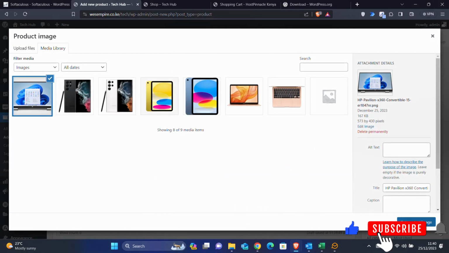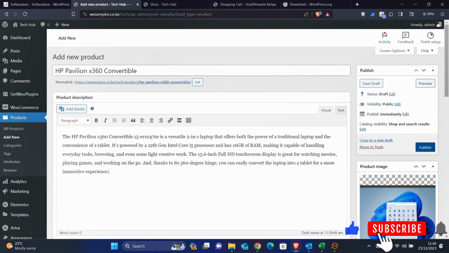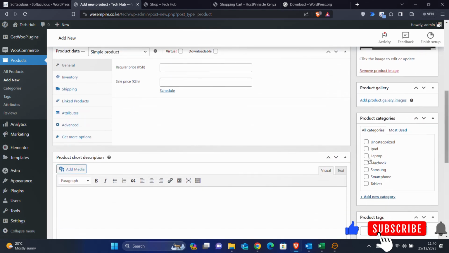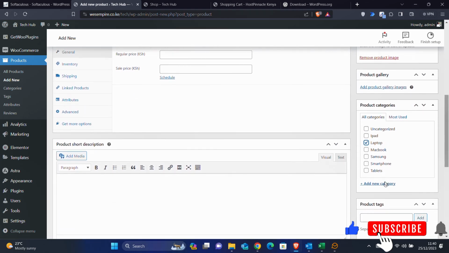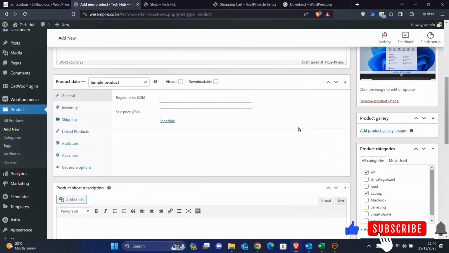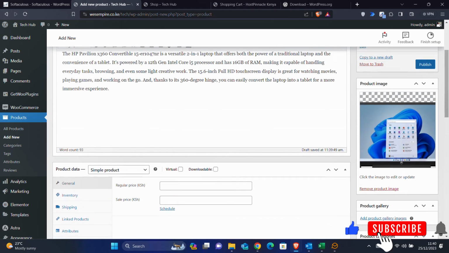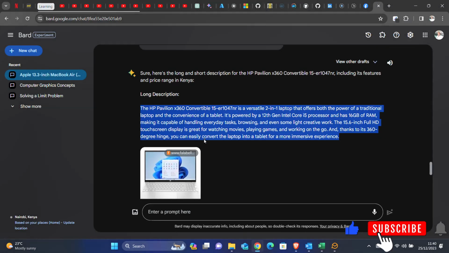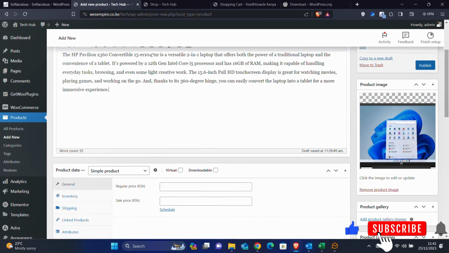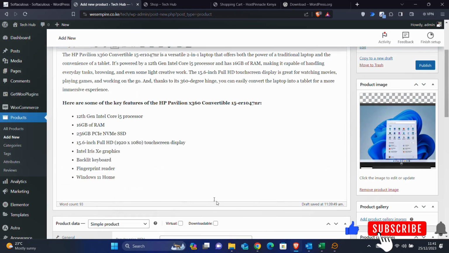Okay, so again, we set that product image first of all, put that there. The first thing we need to do here is this is a laptop, but apart from being a laptop, this is from HP, so the category is HP there. Perfect. Then we got our description, so we continue grabbing that. Here some features, so Windows 11 Home, grab those features and finish them by putting them on the long description